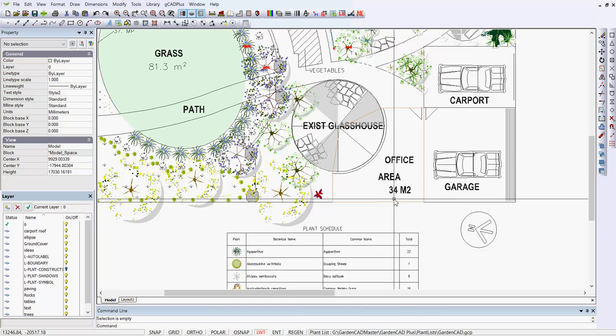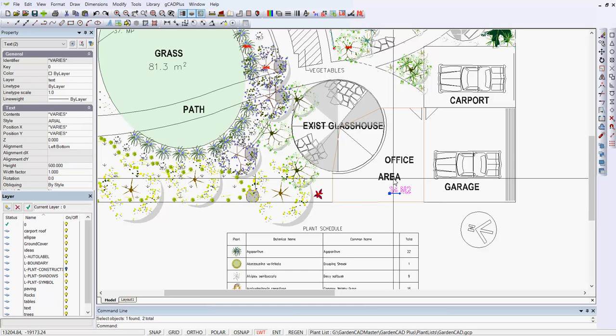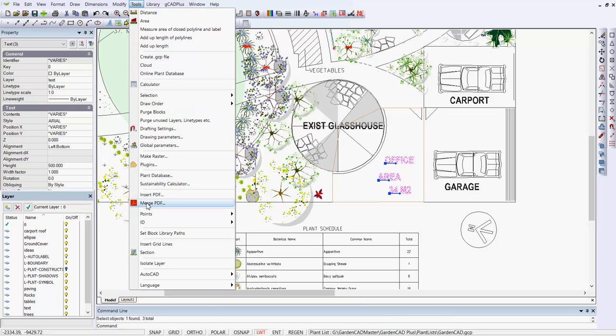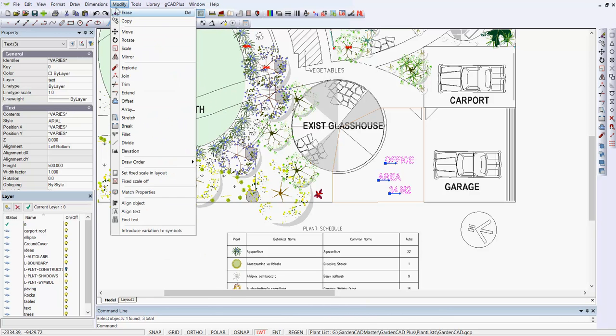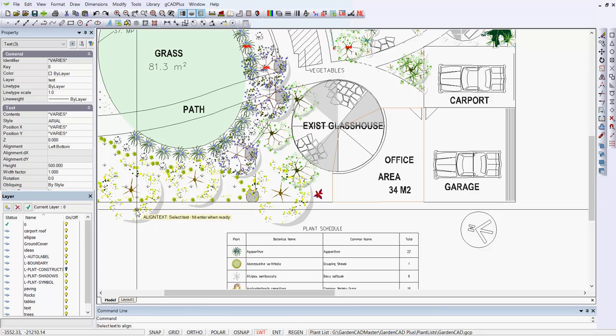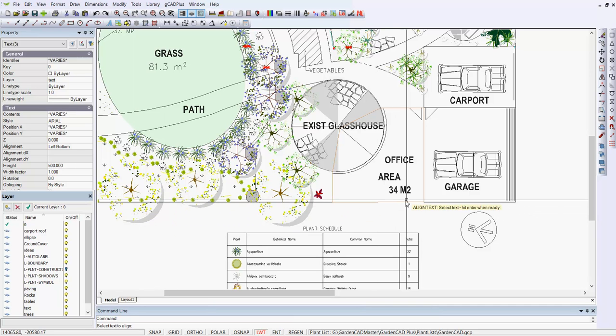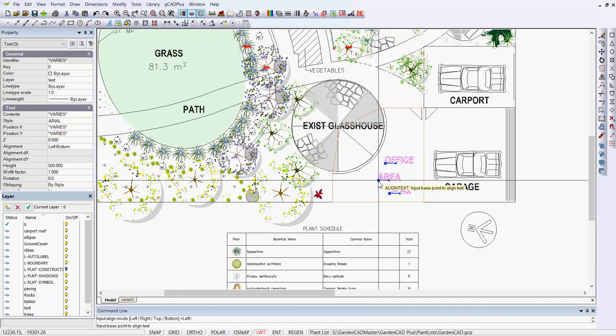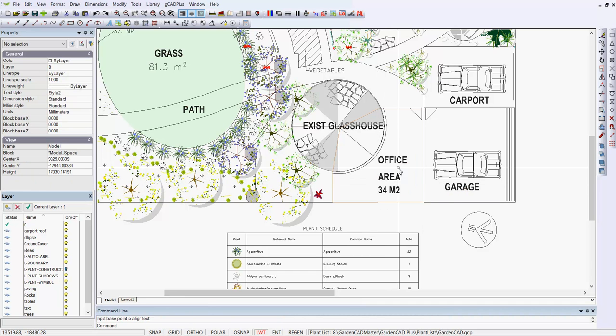We've also improved the tool that lays out or aligns text. So in this office area here, we'd like the text to be lined up. So I can now select all three pieces of text, go to Tools, and it's Modify and Align Text. Select the text to align. We can now pick it with a crossing window like so to grab all of those, hit Enter, left for left justification, and now the text is left justified. We probably want to move